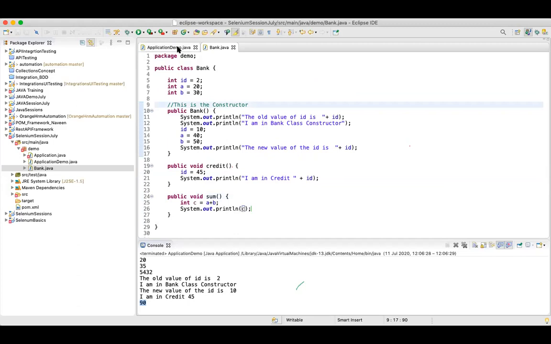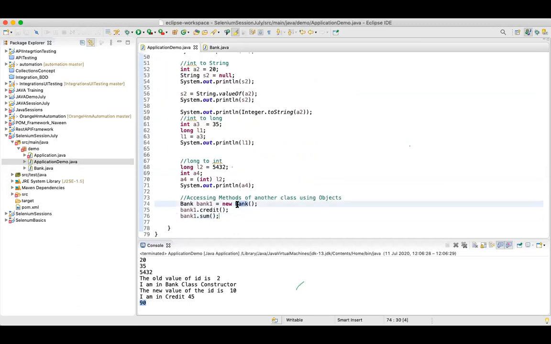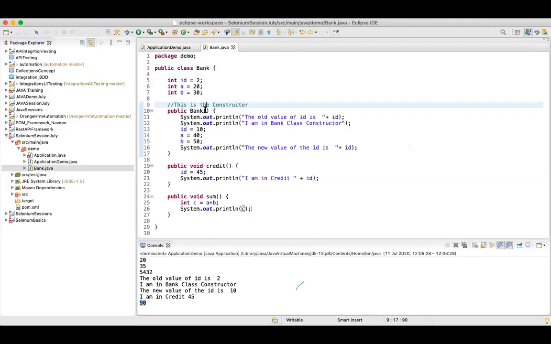When you create a new object, the constructor of this particular bank class is getting called. And now if you see, the value of a is getting reassigned to 40 and the value of b is getting reassigned to 50.